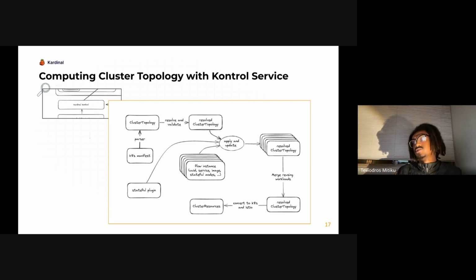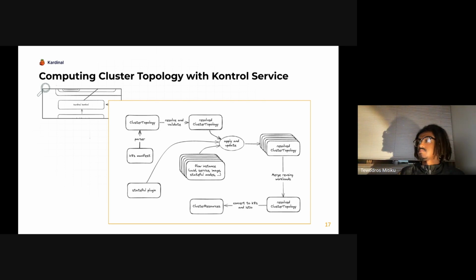And then that cluster topology gets translated into cluster resources, which are really the Kubernetes and the Istio primitives that we'll actually be using to implement the different flows in your cluster. So these are the actual services and deployment specs. And then we leverage Istio, which we'll get into on the next slide, under the hood to actually do a lot of the traffic routing that will enable the traffic flows. So you can just imagine that based on each flow, we will resolve that against the base topology, create a whole new topology, and then there's this whole merging of these different parallel universes that we want to exist simultaneously within your Kubernetes cluster.